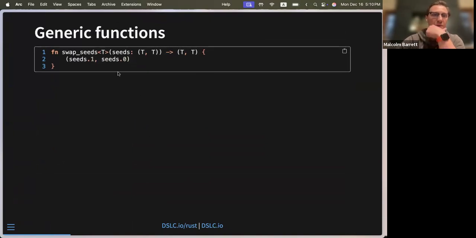for this problem. And so this is, if you've got experience with other typed languages, you've probably encountered this type of idea before. But I like the way that Rust does it. It feels a little intuitive to me, more than some of the other ones. So what we can do is use a type annotation. By tradition, this could be anything, but by tradition, it's a capital T for the first one, and then U, and then B, and so on. And so I'm saying that this function is going to take a tuple of a given type, and so both items in the tuple are going to be the same type,